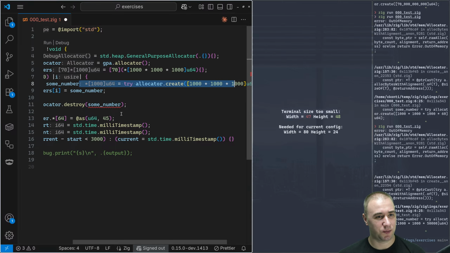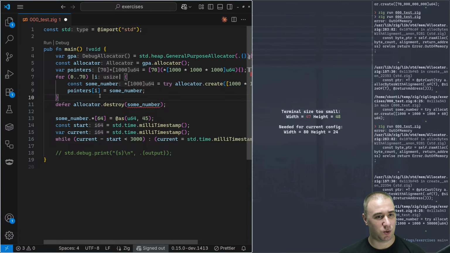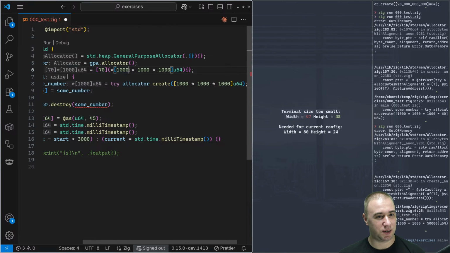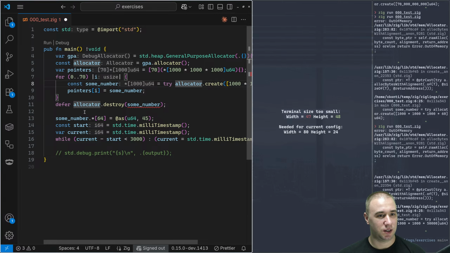This is confusing. All right, so we do that. Yeah, the same thing here. It just calculates to 1000. Very, very confusing. So we do this, and we basically need to do